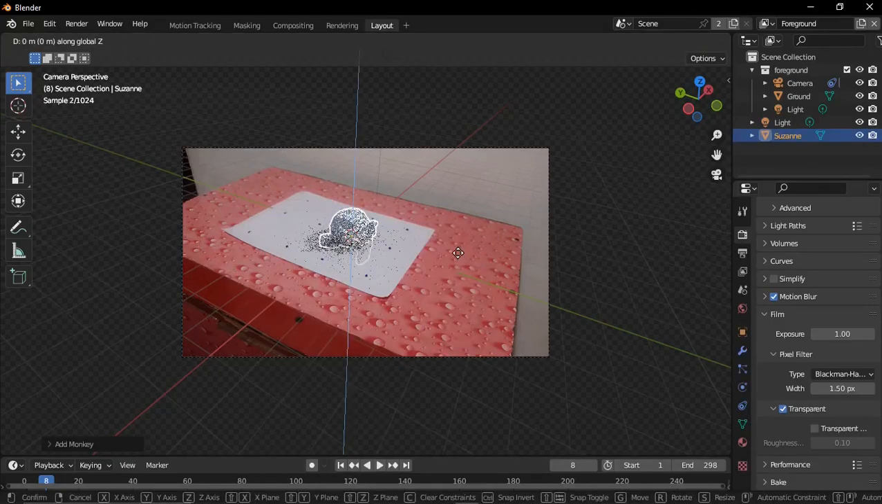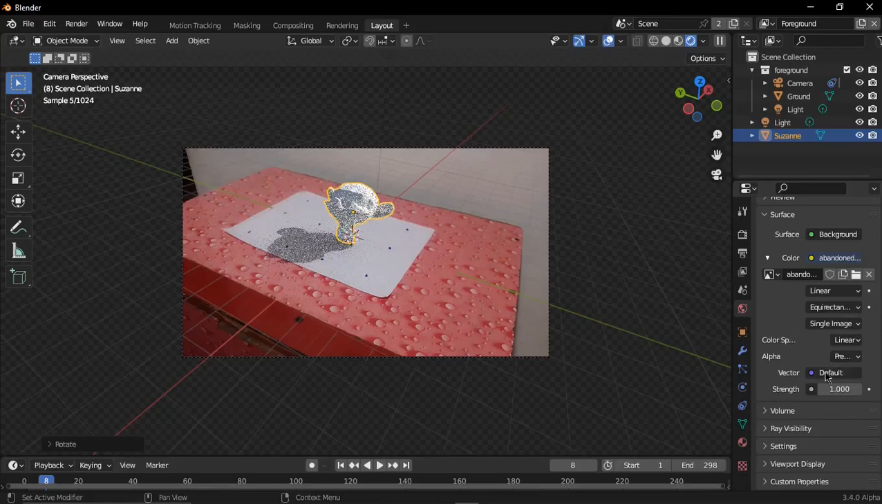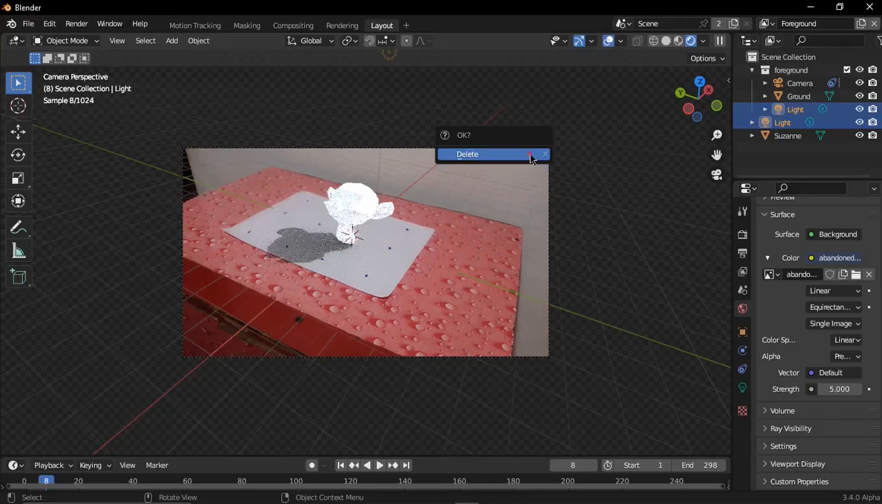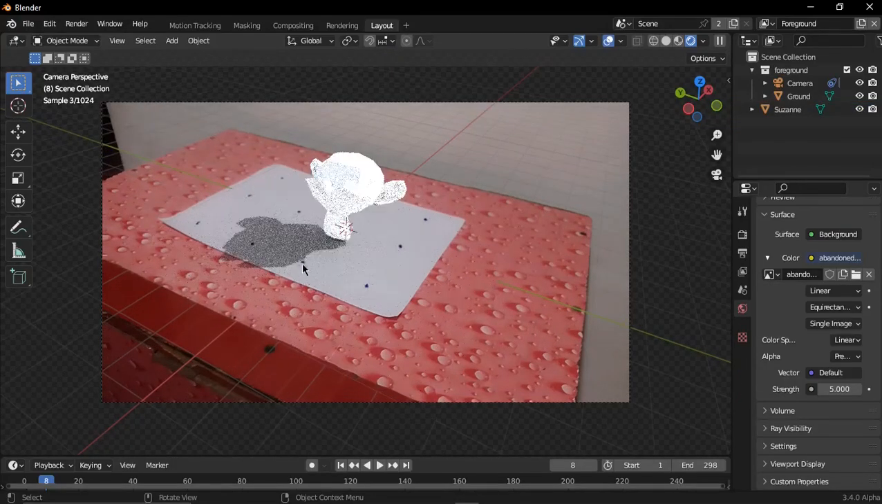Z, press 1, auto rotate on the Z axis, and go to World Properties, Strength, I type 5, delete the test light, X to delete, the shadow is perfect,